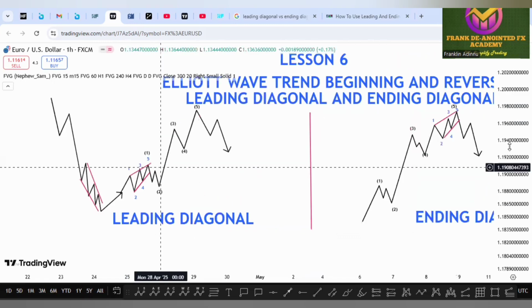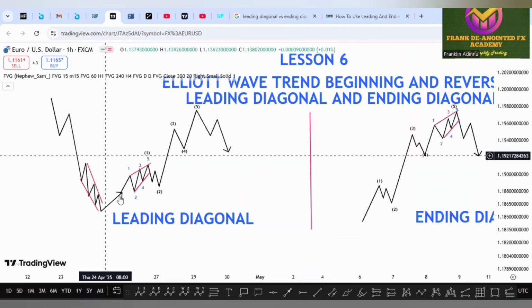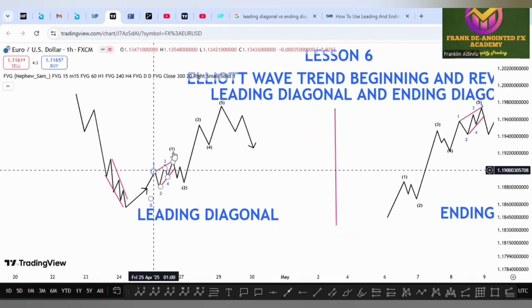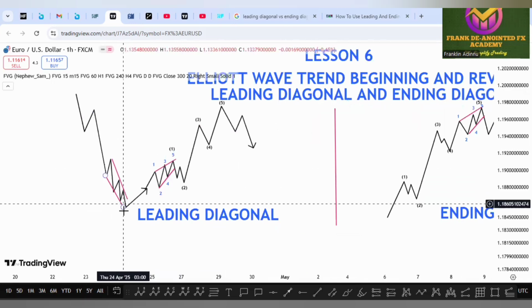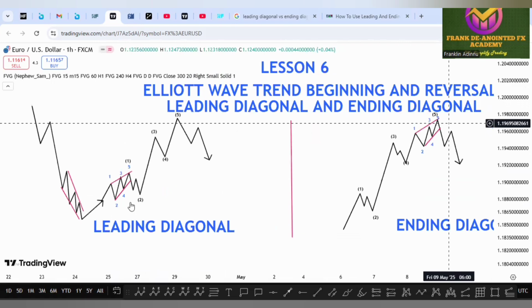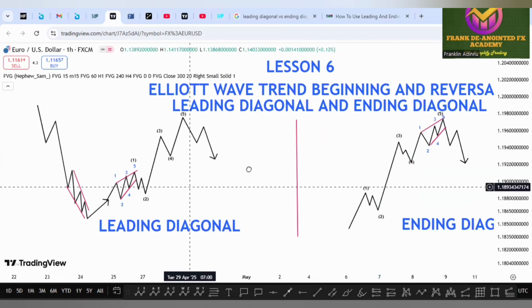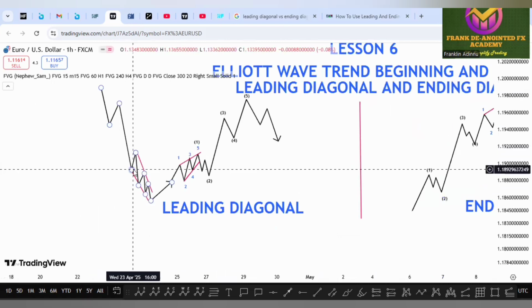That is an ending diagonal occurring. The difference between a leading diagonal and an ending diagonal is the place where they occur. The leading diagonal occurs in wave 1. The ending diagonal occurs in wave 5. This is wave 5, this is wave 1. That is the difference. So wave 5 of that downtrend